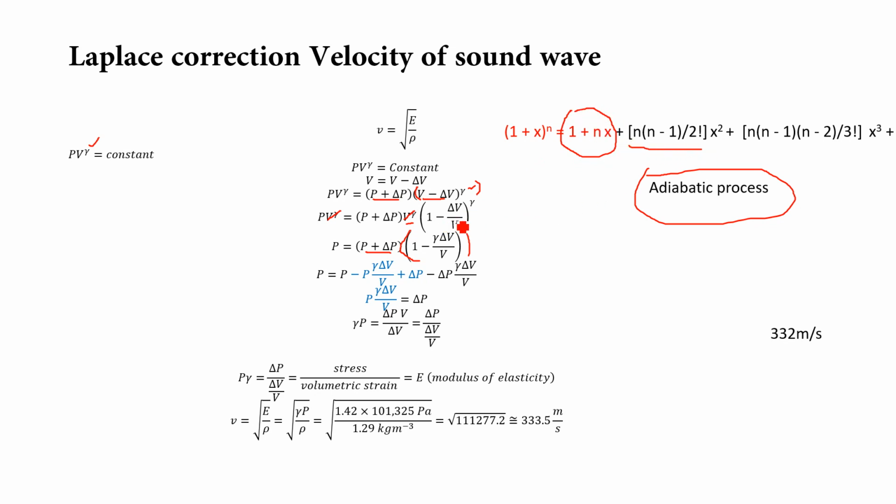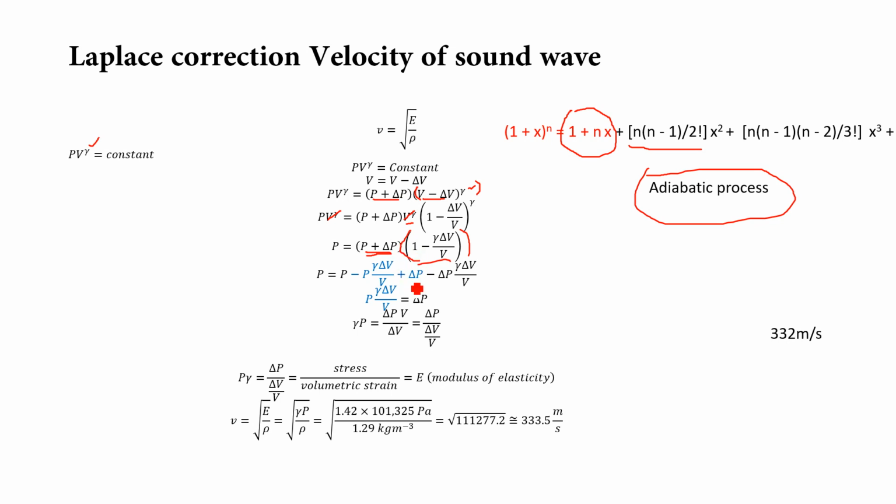So (1 minus del V divided by V) whole power gamma is equal to 1 minus gamma del V divided by V. Now multiplying both of these terms, we will get pressure P is equal to P minus P gamma del V divided by V plus